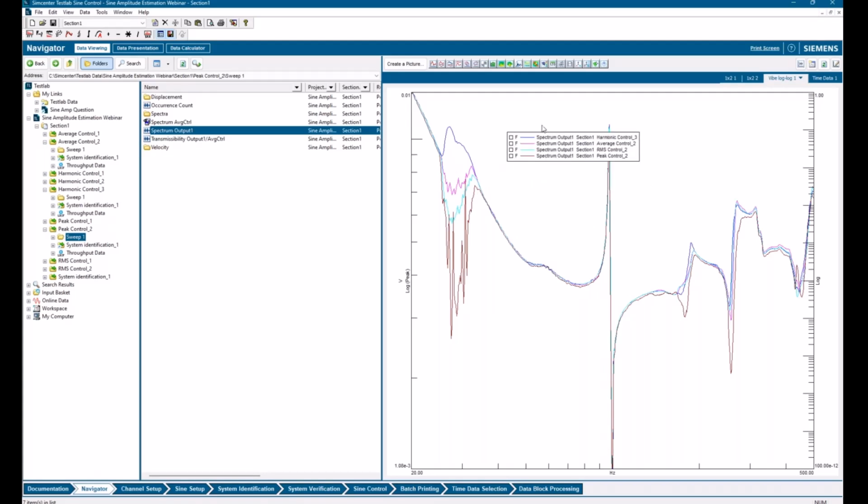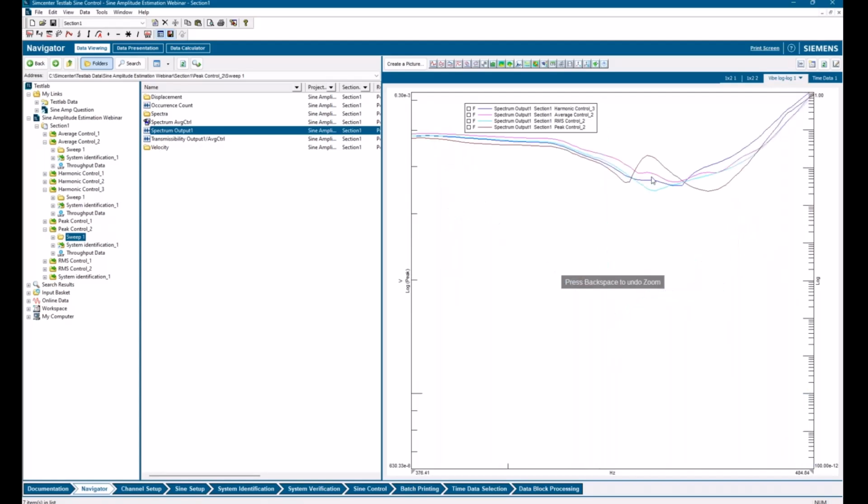And you can see very drastically the differences in what's going on here. When we went for that first resonance, average, RMS, and peak were going down in voltage, where the harmonic actually increased in voltage there, right? So that's kind of an interesting observation. There's another area out here where peak actually went higher than the other two.